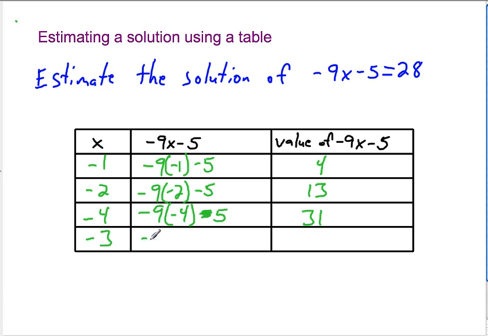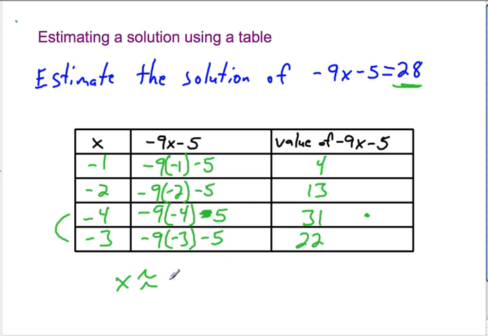So negative 9 times negative 3 minus 5. So now we have 27 minus 5 is 22. So we now realize that this is going to be a decimal answer or a fractional answer, somewhere in between negative 3 and negative 4. It looks to be, so we need to find 28. 28 is going to be closer to this one than this one. So I would say, we could say about,